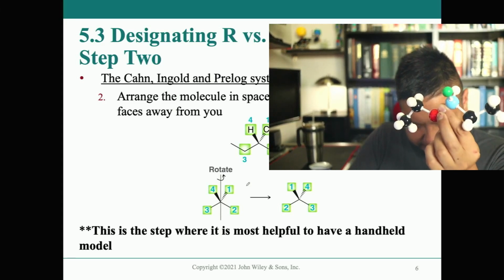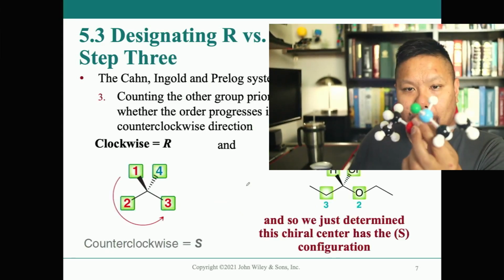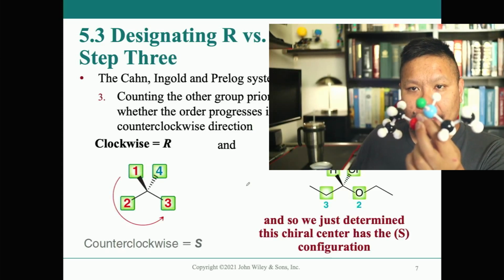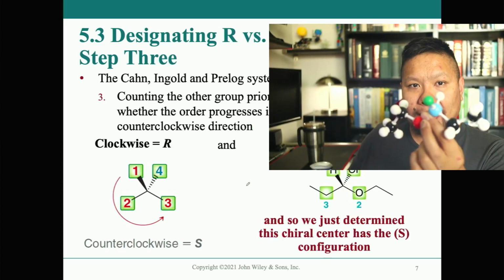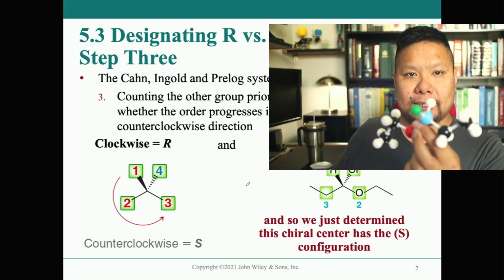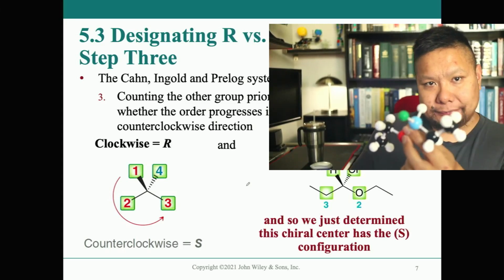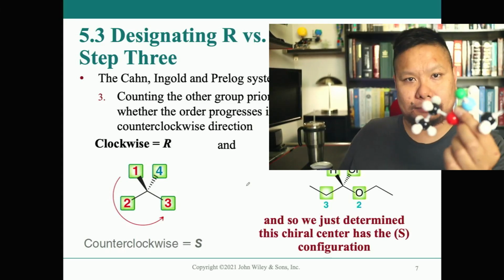Let's go to the next step. Now we want to count the priorities in order. When we count them, 1, 2, 3, and 4, if we're counting in a clockwise direction, then it's R. If it's counterclockwise, it's S, right? So